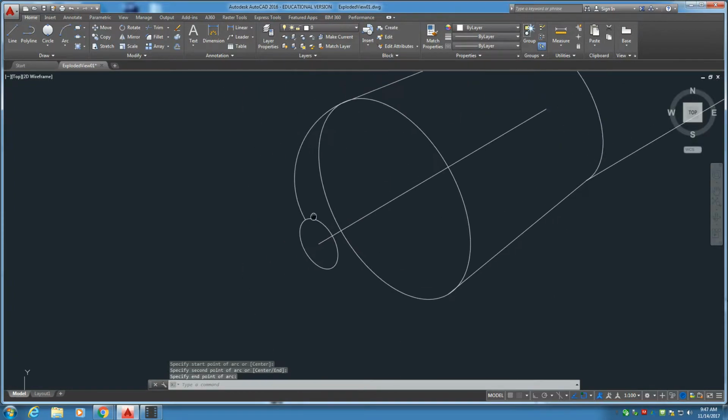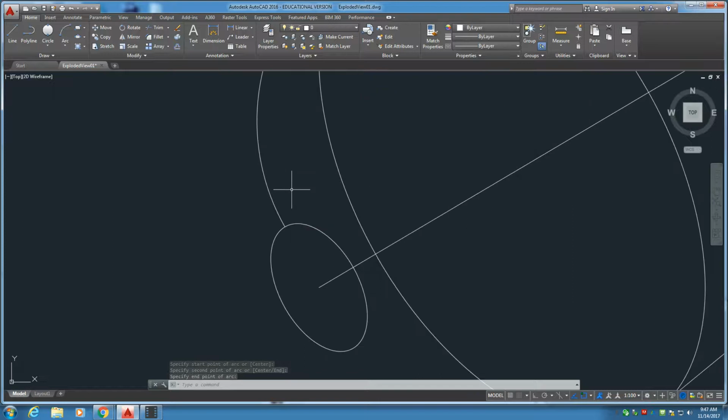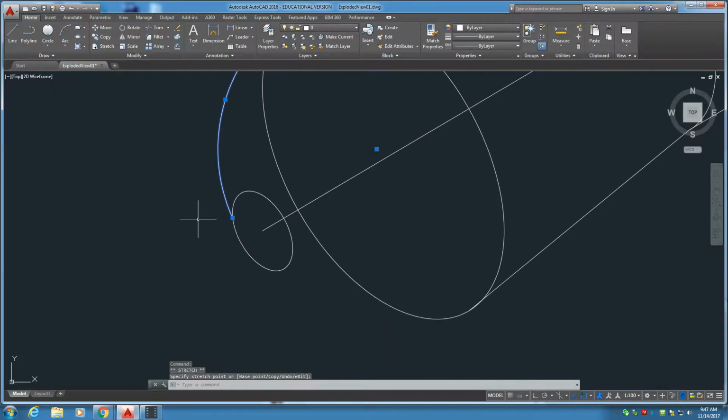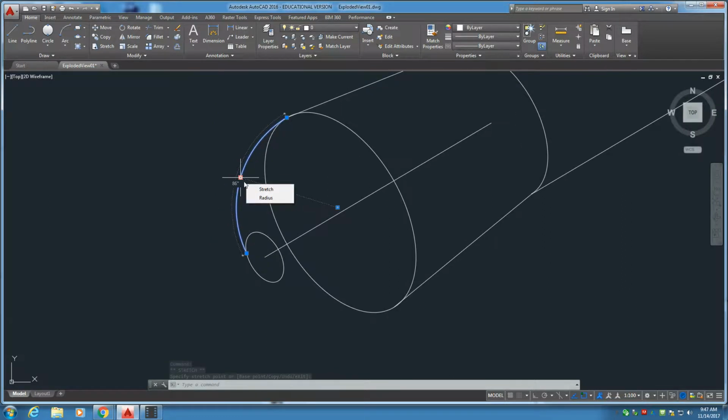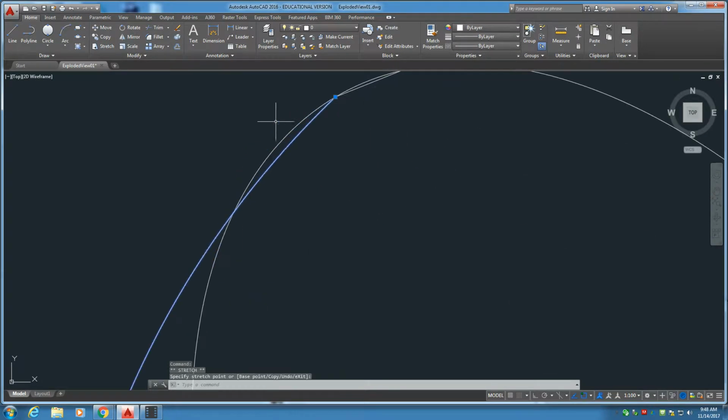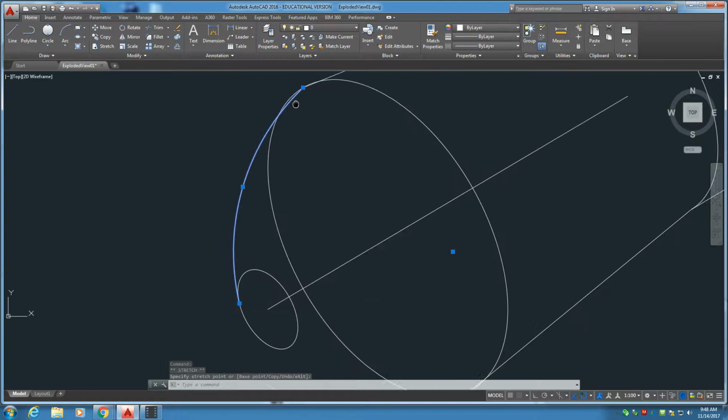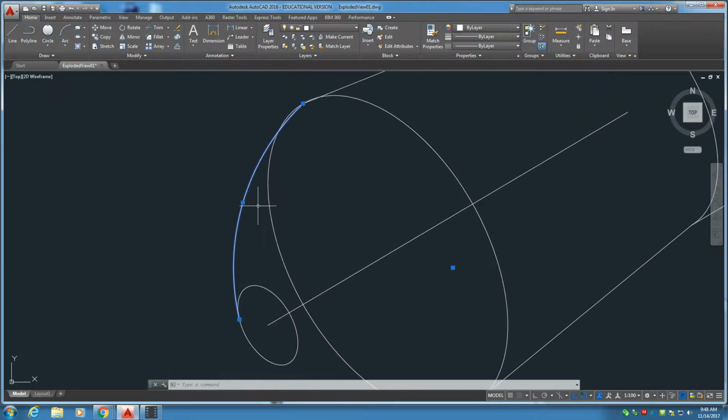And again, here's the part where it's up to you to start moving things around. We want to move this along the line so that it's just coming around the edge, but not too far forward where it crosses over. See, if I go like this, it starts to look a little weird. So bring it up a little bit. That's connected. Now we can grab it from here and it bends forward and backwards. You want to bring it in, but not so much that it crosses over like that. You want to bring it up just so it doesn't cross over, matches up,